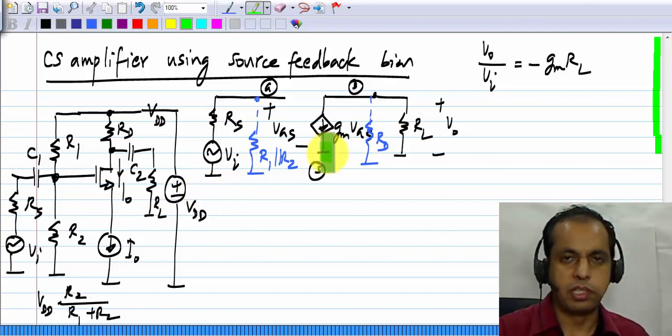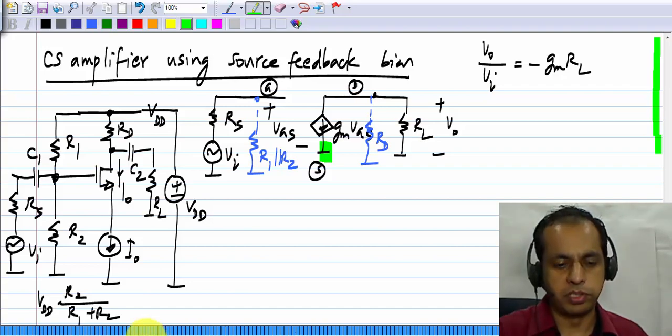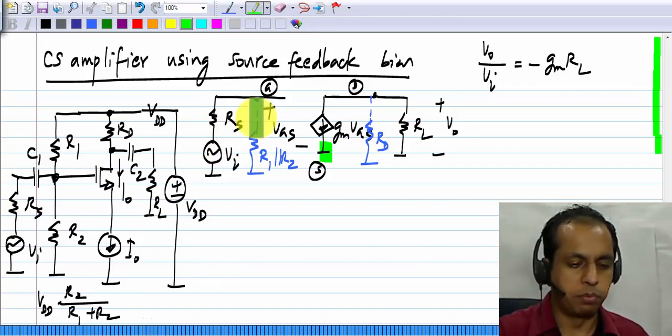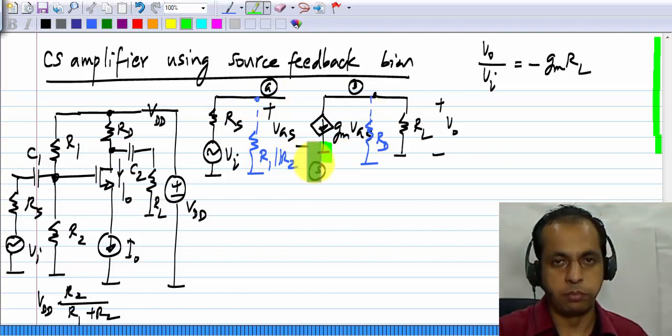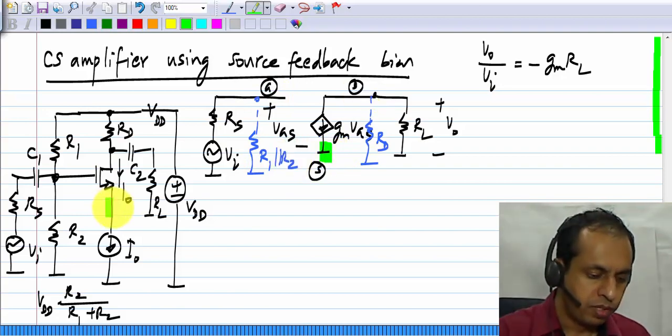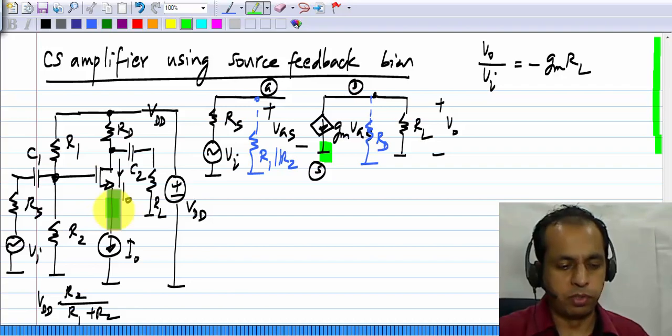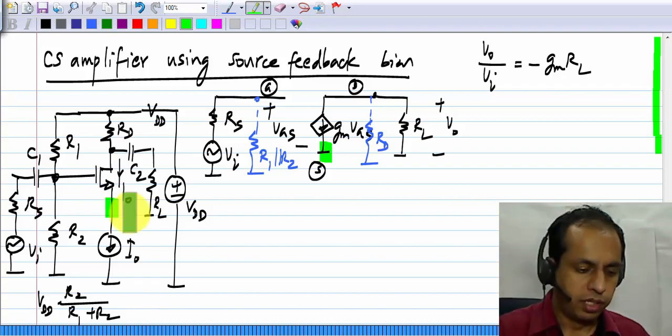The source of the MOS transistor must be connected to ground in the small signal picture. That's why it is a common source amplifier: the input is applied between gate and source, and the output is taken between drain and source. If you look at the source terminal of the MOS transistor in our actual circuit, it is certainly not connected